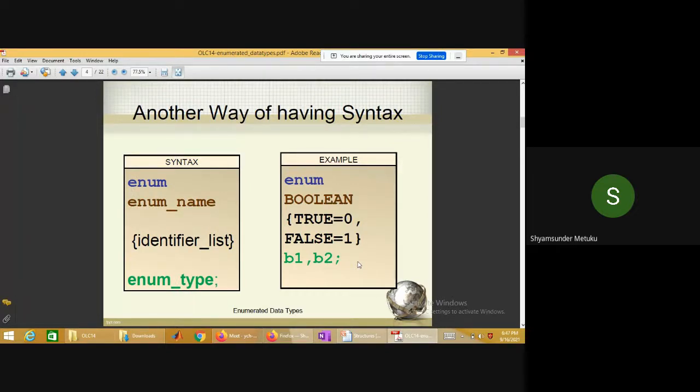Now coming to another way of having the syntax: you can just assign or define true as 0 and false as 1. Basically, from the computer's point of view, we follow 0 means success and 1 means unsuccessful. But generally, from the boolean point of view, 0 indicates false and true indicates 1. So you can interchange them, there's nothing like that. But if you define it this way, 0 will act as true from now onwards and false will act as 1. Actually, generally we use the reverse way.